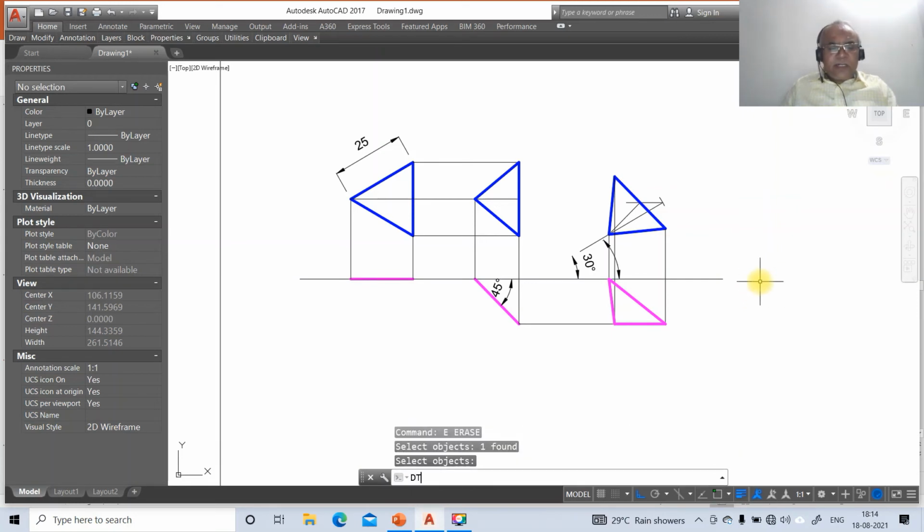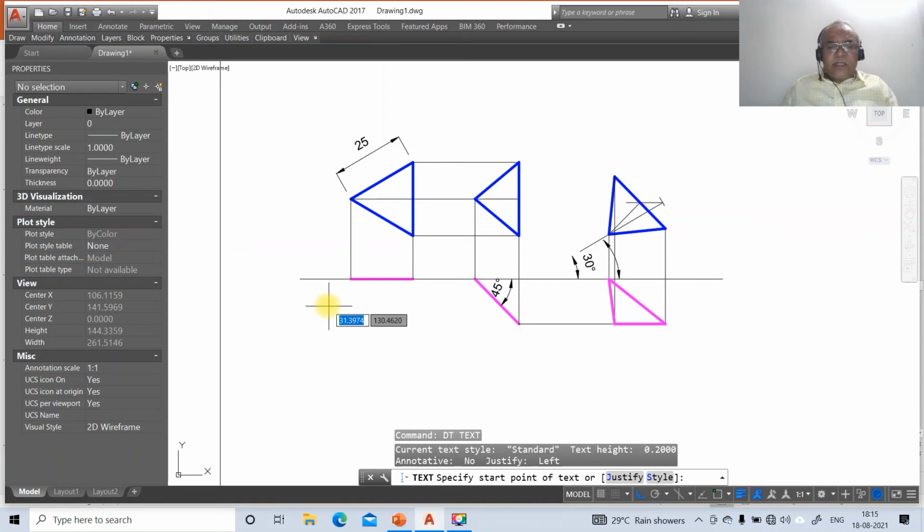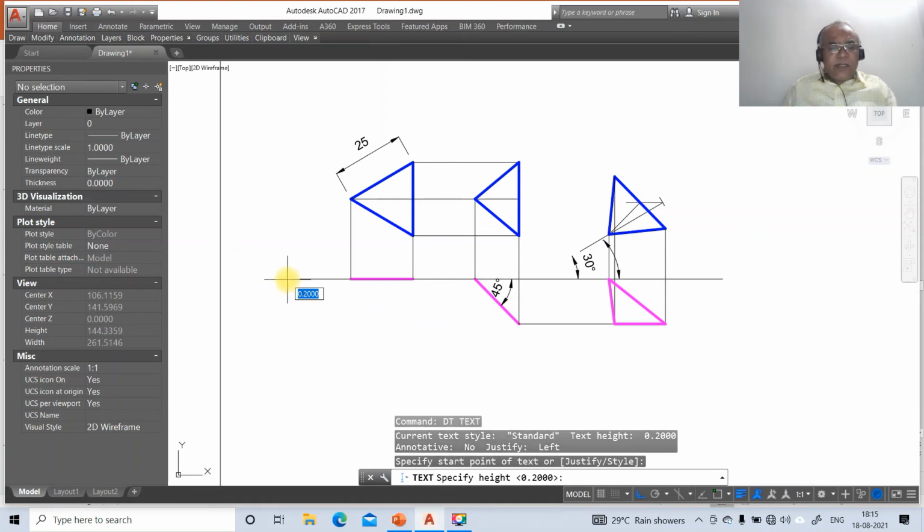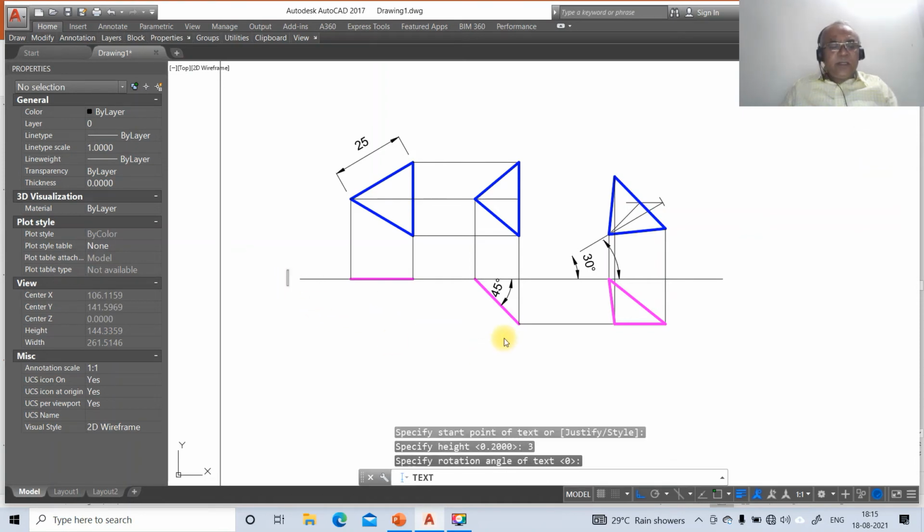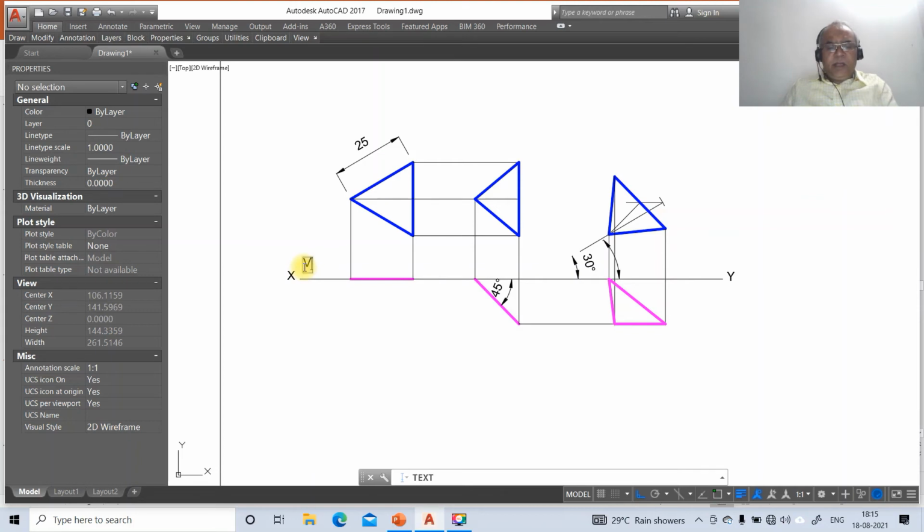Now just go to dtext. So here take the text height as 3 and rotation angle as 0. Type capital X and here it is capital Y. Here it is VP and here it is HP. Once you do that, now we come down to A dash, this as B dash and this as C dash.